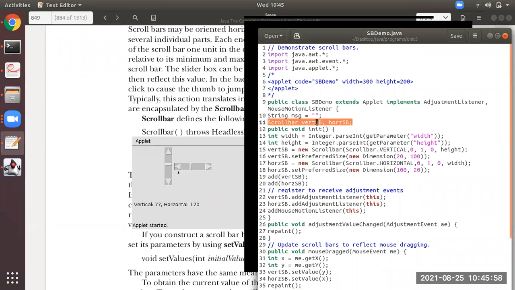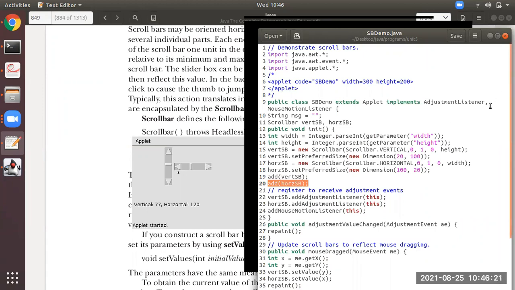Two objects are there over here. At line number 15, this is the vertical scroll bar, and at line number 17, the object for the horizontal scroll bar. With line numbers 19 and 20, they have been added onto the window.